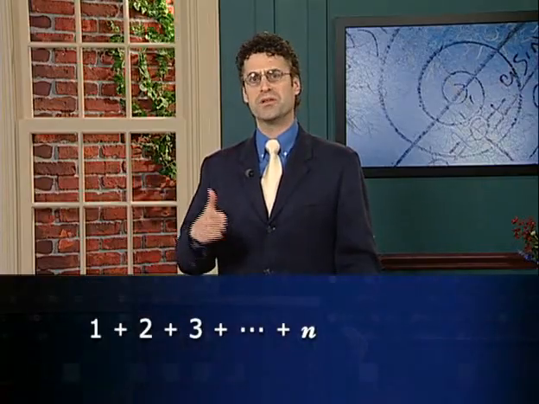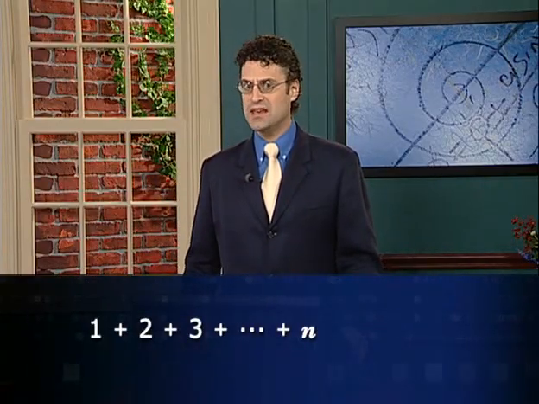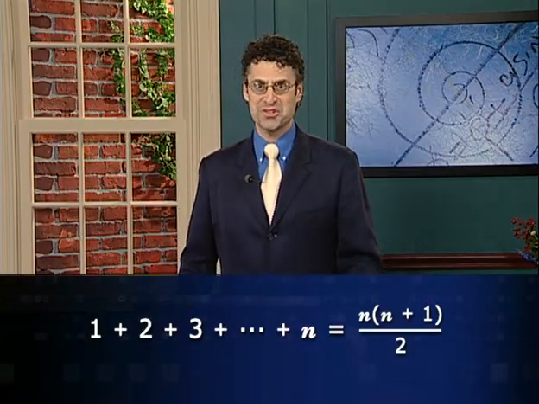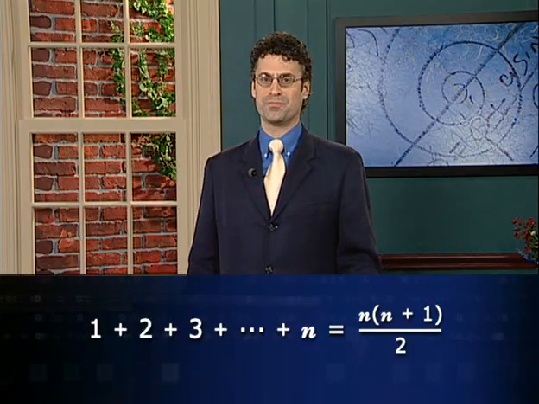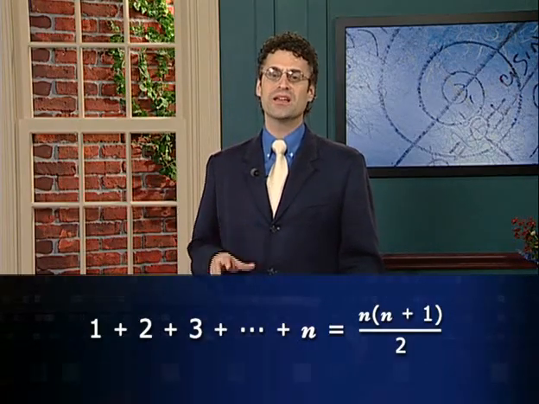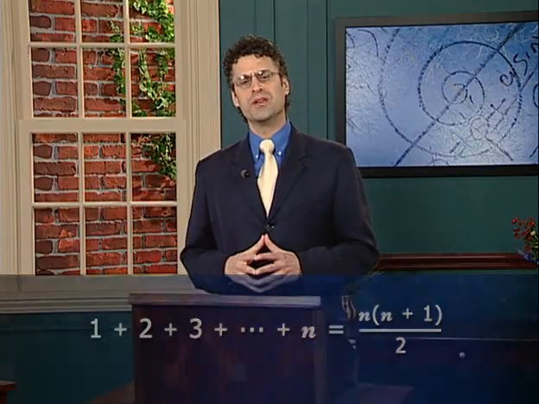Therefore, Gauss discovered a very clever proof of this formula. 1 plus 2 plus 3, all the way out to plus n, equals n times n plus 1, all divided by 2. Well, this formula is really quite a work of beauty, and it actually transforms a seemingly intractable sum